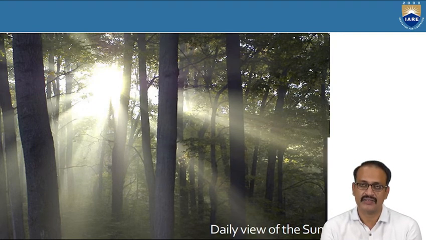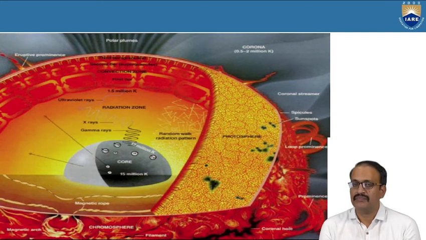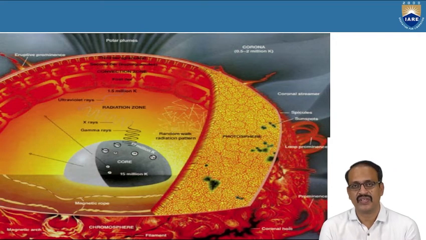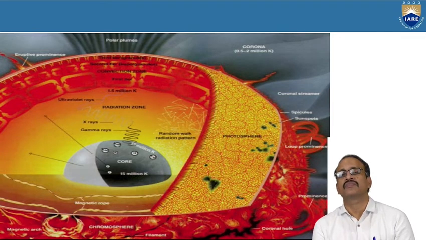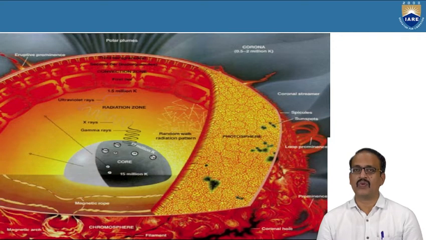It's looking like that. So if you go to the sun, it is a very huge structure in our solar system. There is nothing bigger than the sun in our solar system. The only thing bigger is the sun, the one and only sun.